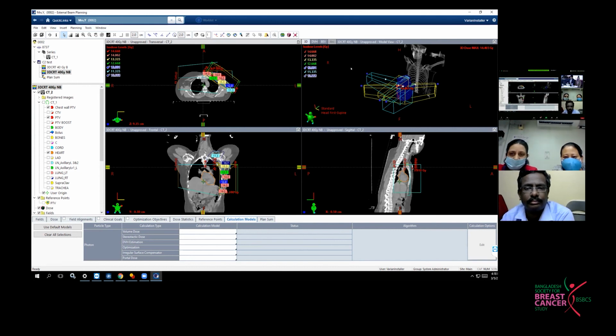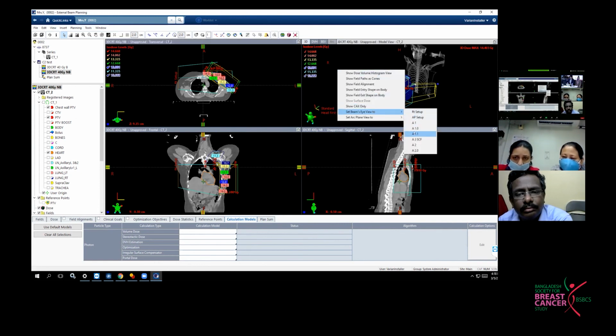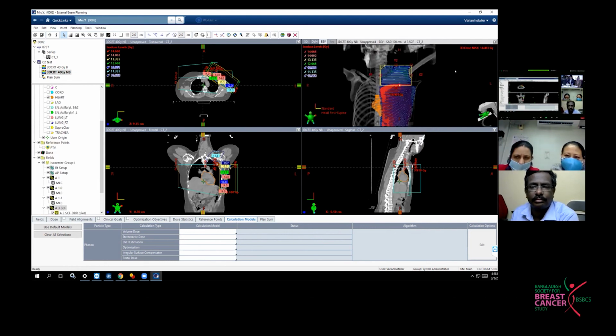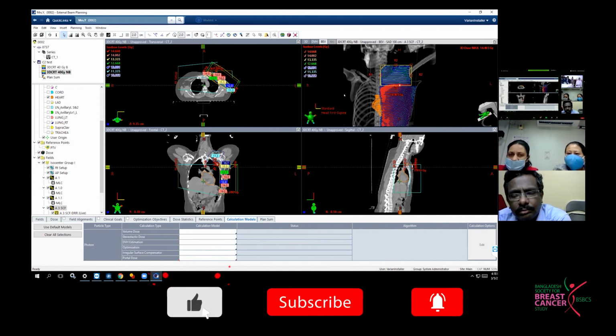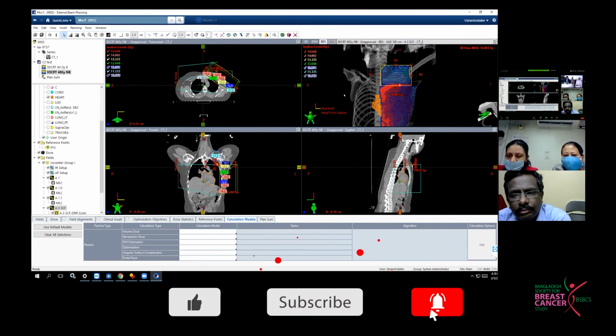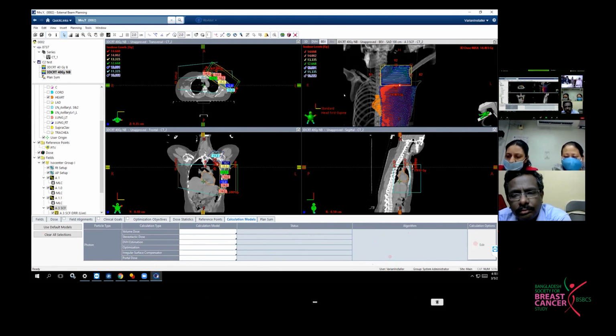And for supraclav, do you use a single anterior field only? No, we don't do any fiducial or replacement of fiducial or anything for the supraclav. No, I'm asking about the field. Only single field for supraclav or posterior? Yeah, generally it is single field, but if we don't have the option of a higher energy machine, then we are restricted that we have to plan on a 6 MV LINAC also. Then sometimes we do APPA planning.